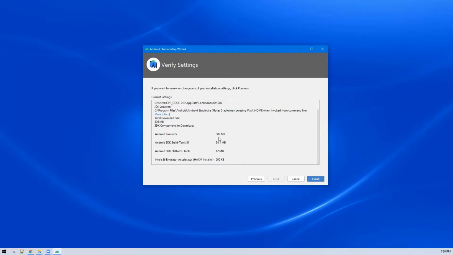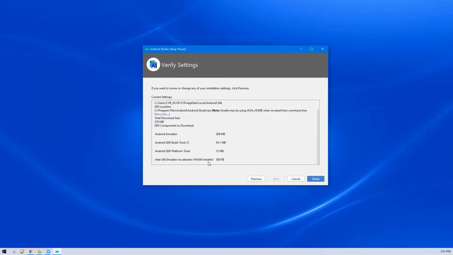One is Android emulator that is of size 309 MB, Android SDK tools 31, then platform tools 12 MB, then Intel x86 emulator accelerator HAXM installer that is 500 KB.